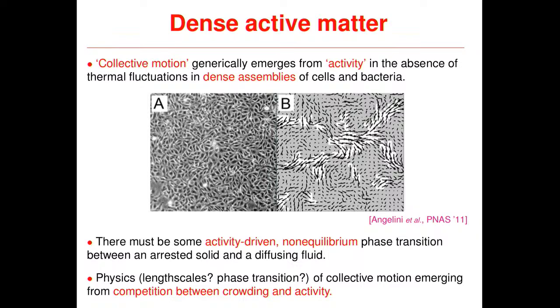So in a sense, what I want to say is that this type of interesting collective motion emerges a lot in dense systems in the presence of activity, and maybe there are connections to a physical system that undergoes this fluid to solid glass transition. If you look at this system, it's clearly a very well-packed system. These cells are maybe 20 microns, so they cannot be sensitive to thermal motion. When you look at this picture, that should remind you of dense emulsions, mayonnaise, something that should behave as a solid. And yet, if you see how it's moving,